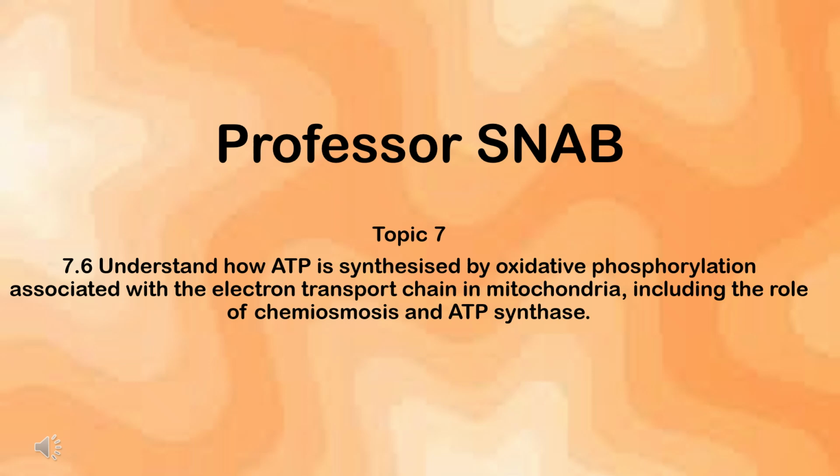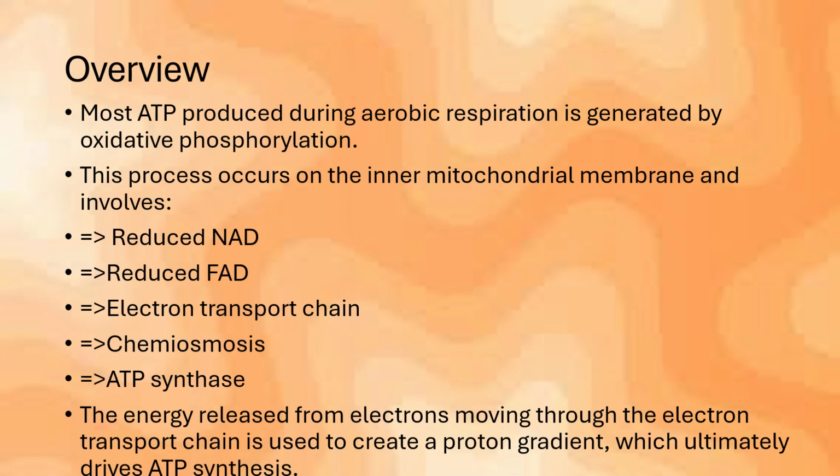So today we're understanding how ATP is synthesized by oxidative phosphorylation associated with the electron transport chain in mitochondria, including the role of chemiosmosis and ATP synthase. So most ATP produced during aerobic respiration is generated by oxidative phosphorylation. This process occurs on the inner mitochondrial membrane and involves reduced NAD, reduced FAD, electron transport chain, chemiosmosis, and ATP